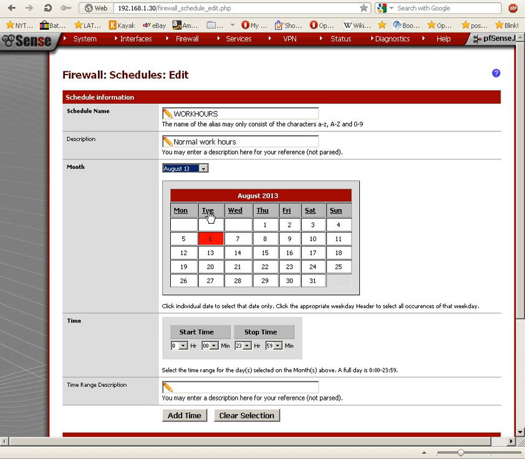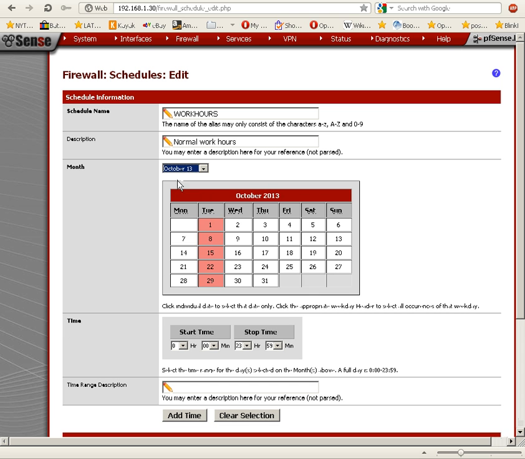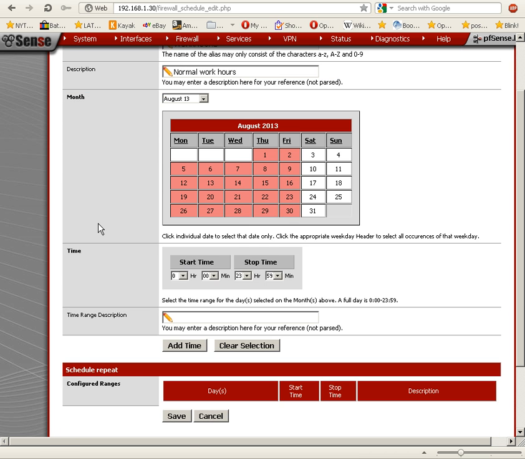But if we click on the top of the column, the day of the week, Tuesday, click on that, it will be defined for every Tuesday. So if we go on September, we'll work on Tuesdays in September and October and so forth. But we want it to work on Monday through Friday, so we're going to click on each of those columns. So Monday, Tuesday, Wednesday, Thursday, Friday. So we have it set up for